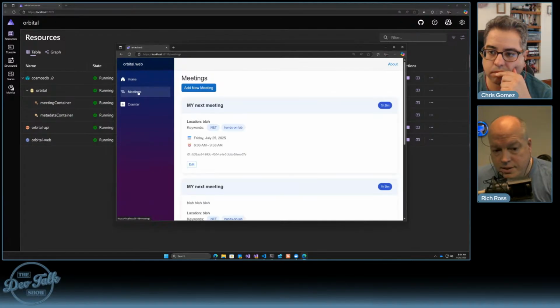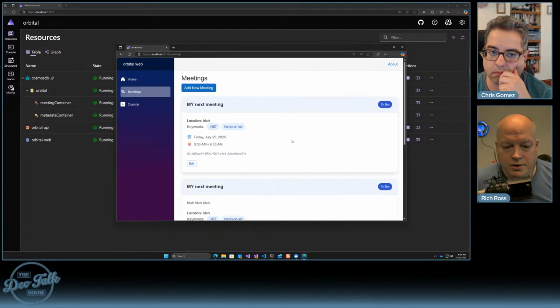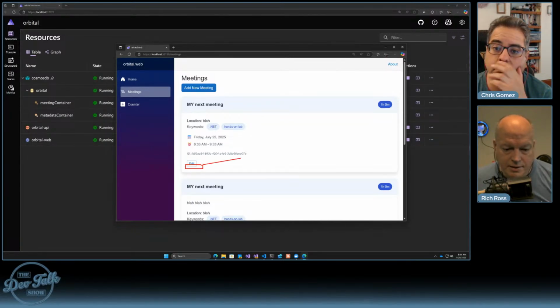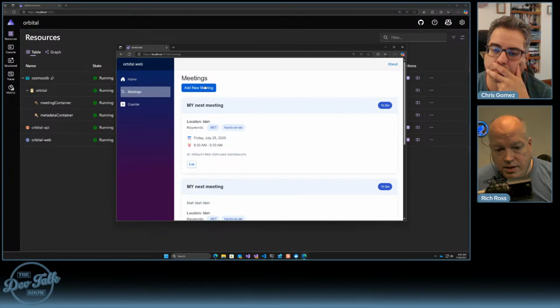And we've got meetings. Some of the meetings show up there, and there's some cool things here. Yeah, so we actually have a nice little edit button that we can use, once we save those meetings, we've got some place to go ahead and edit those. We'll come to that in a second. Even the add meeting works a little differently. So instead of being a section that kind of opens up on the page here,